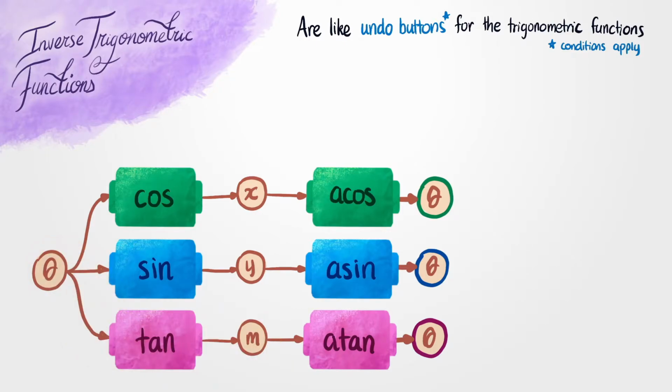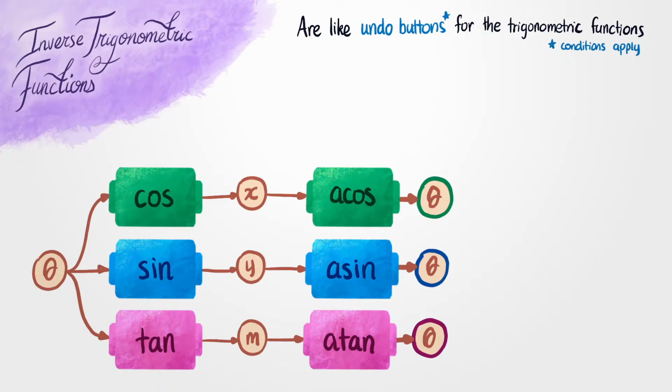x-axis. Now each inverse function is meant to be paired with an original function, and it's meant to undo the action of that function. For example, given an x-coordinate, arccos will try to find the original angle you put in, which should come out over here. Similarly, given a y-coordinate, arcsine will also try to find the original theta you put in. Similarly, given a gradient, arctan will try to find the value of theta that you put in as well. So whenever you see an a in front of the function name, you know that we're dealing with an inverse function. So that you totally understand how this works, it would be a really good idea to show you a